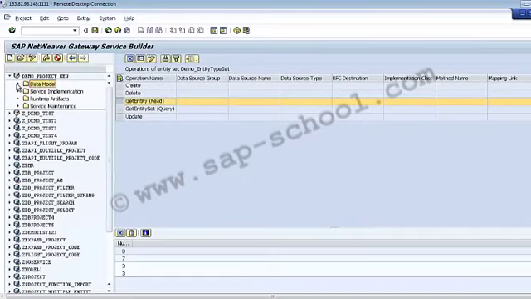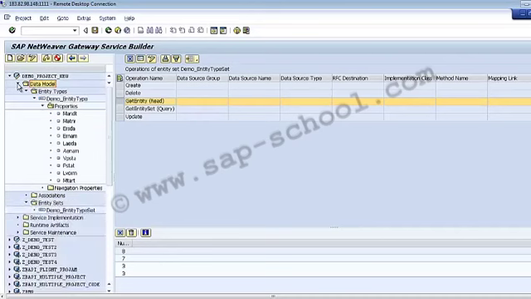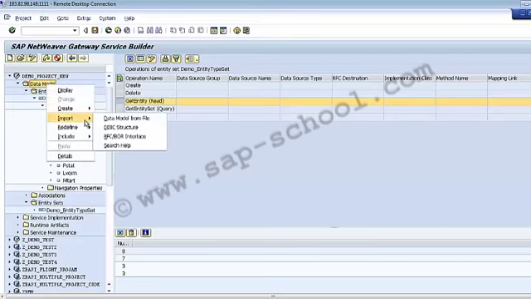So if I go here, either I can create a new project, or we can use the existing project as well. Since we have created this project recently, I'll be using the same one. First of all, you have to right click this data model, go to import, and then select this RFC BOR interface.